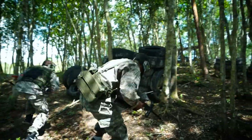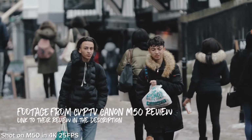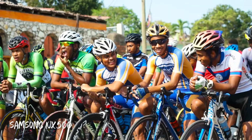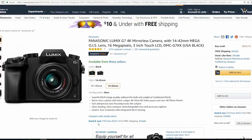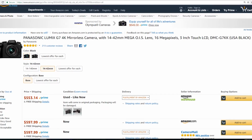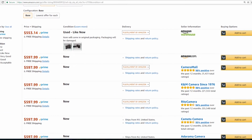So I just can't agree with the statement that the 4K in the Canon M50 is unusable. The image quality on the M50 is great, and the same can be said for most cameras in this price point. However, if you're only planning to film behind the camera, I would suggest saving a couple $100 and investing in a Panasonic G7 for your 4K needs. All you need to learn is how to focus manually with that camera